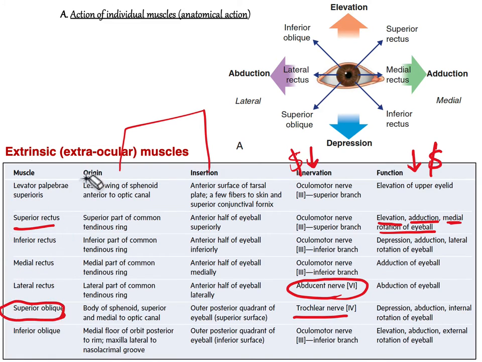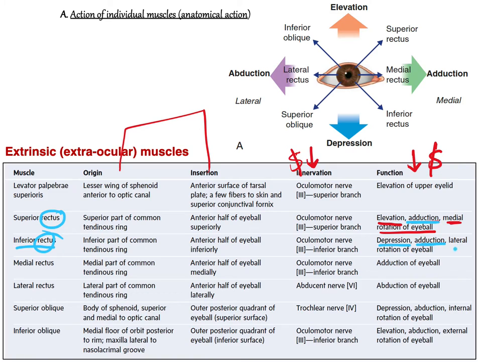Now, what about the inferior rectus? I'm trying to let you understand what's written in this. So we said that the inferior rectus depresses the eye, adducts it also, because we said that the superior and inferior recti muscles will adduct the eye pole, but the inferior rectus will laterally rotate the eye, not medially, because